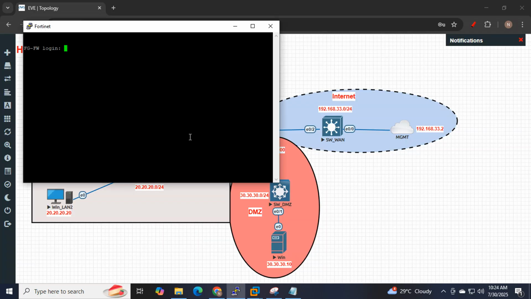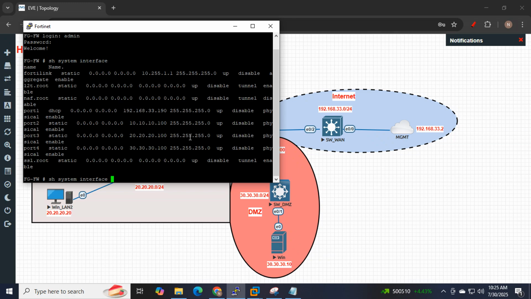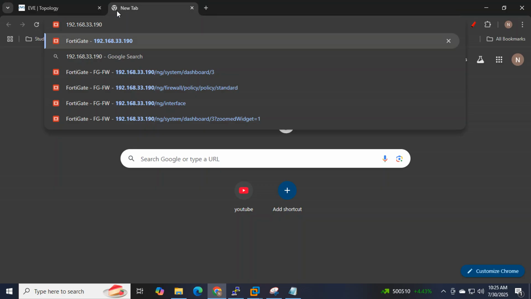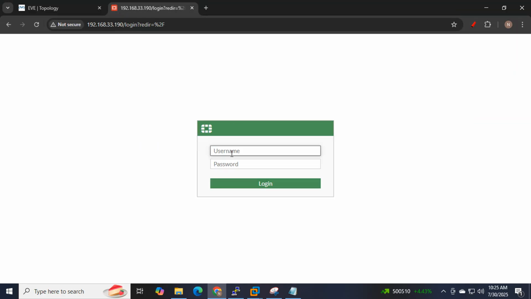Let me see what the IP is. System interface, question mark, and see, this is our FortiGate GUI IP. Let me try to access the GUI of this particular firewall, and yes, we are here. Let me log in. The admin password is 123,